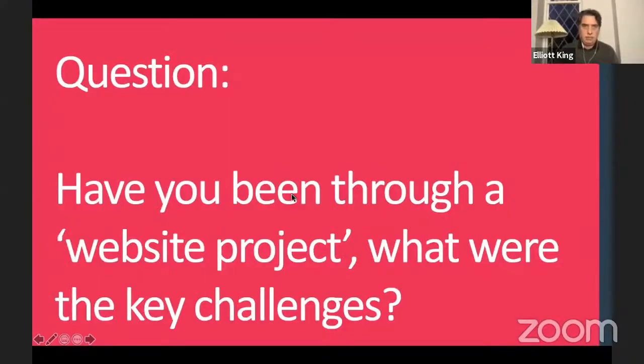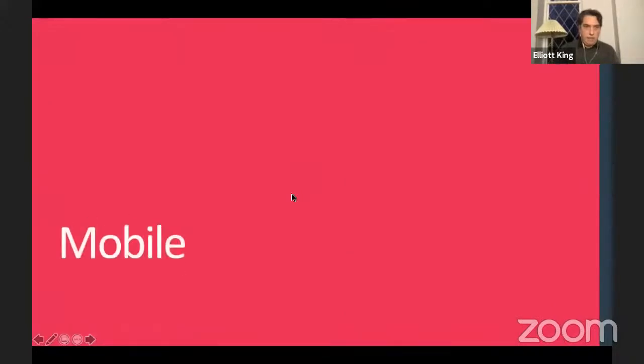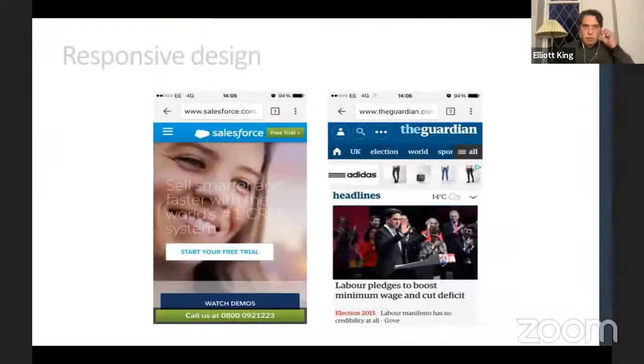Right, let's move into the next phase. So we've spoken about the process of website planning. Before we talk about conversion rates and measuring websites, let's just talk quickly about the